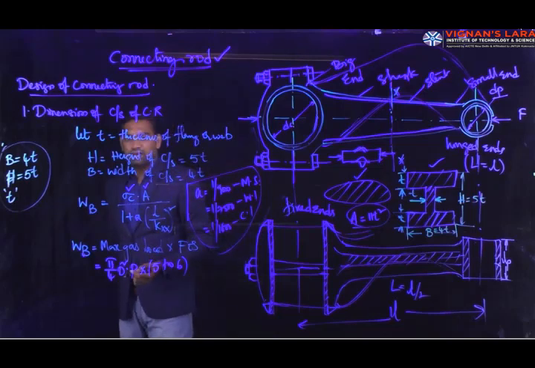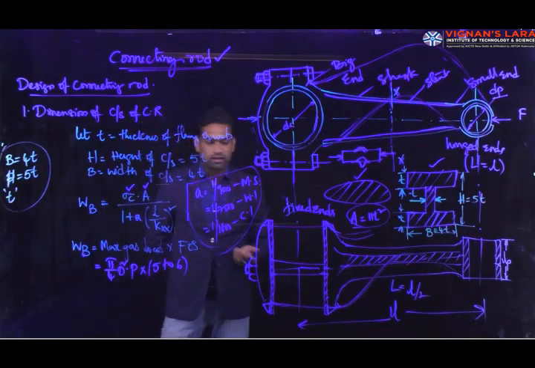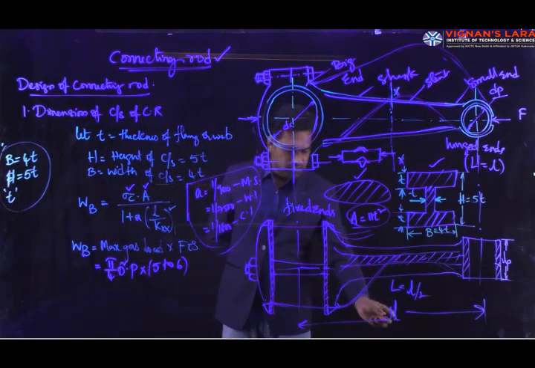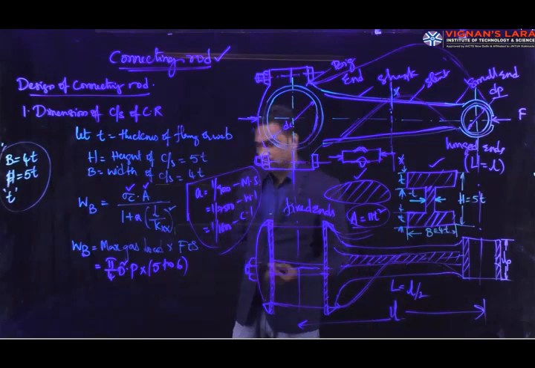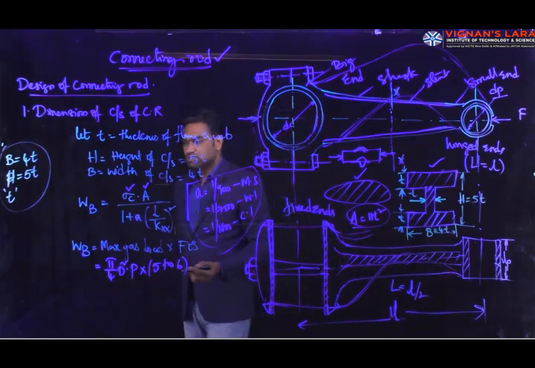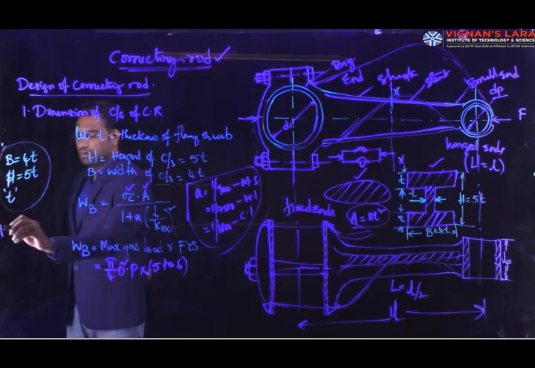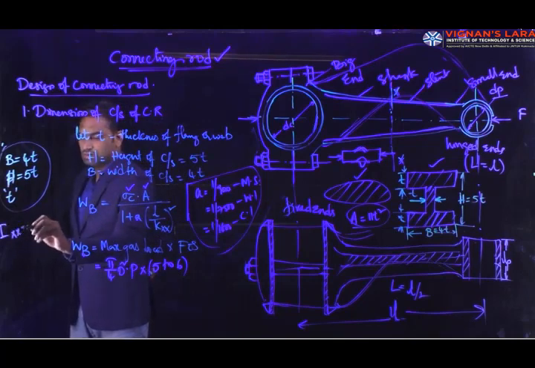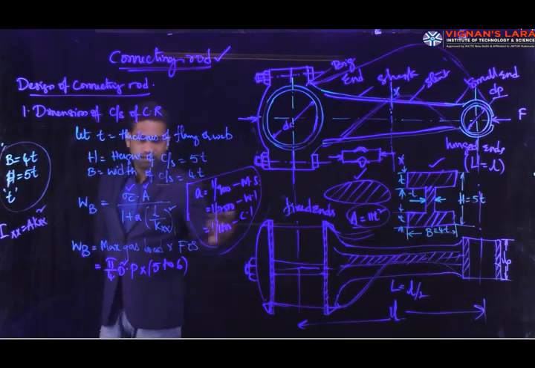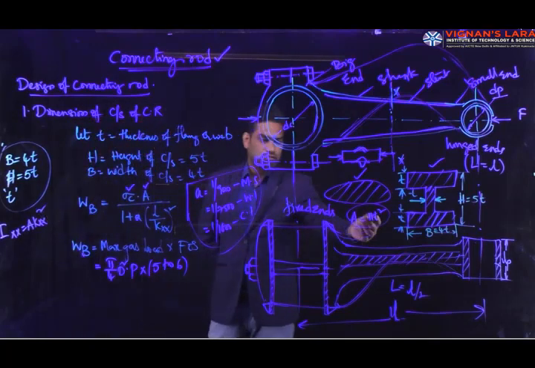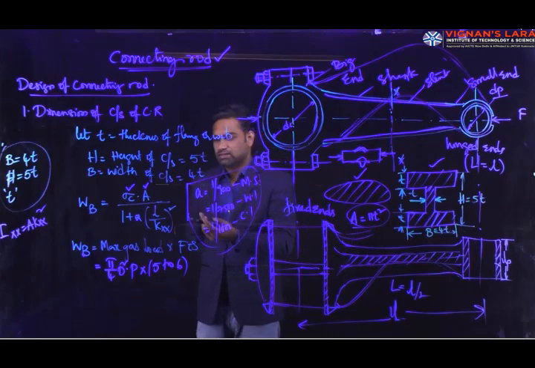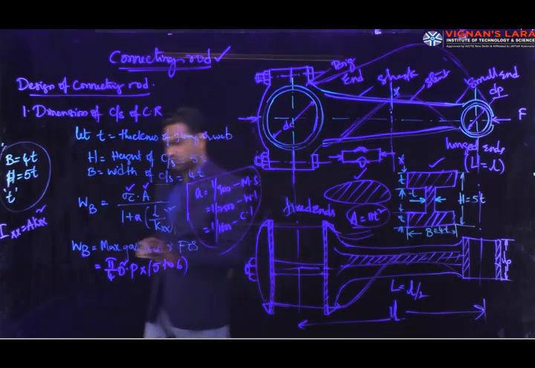L is the effective length of the connecting rod, and it is taken equal to the distance between the two centers. Then Kxx is the radius of gyration, which you can calculate from Ixx equal to A into Kxx whole square. The area in terms of t is 11 t square, and Ixx is 419 by 12 t power 4. From that you can calculate Kxx. The value of Kxx you may get is 1 point